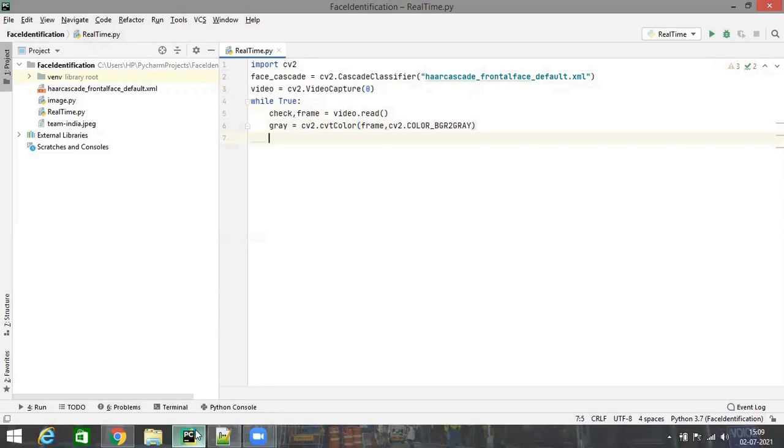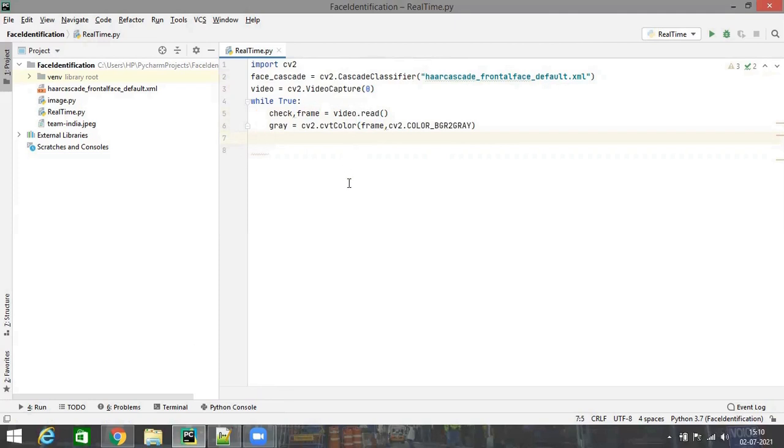Next, in order to be able to detect faces, I have this face cascade classifier, right? I have this pre-trained classifier file, which consists of face features. It is a pre-trained model that readily consists of the features of human faces, okay? And whenever this particular frame is being read as a NumPy array, this file will traverse the entire NumPy array from the top left to the bottom right in search of the face features, right?